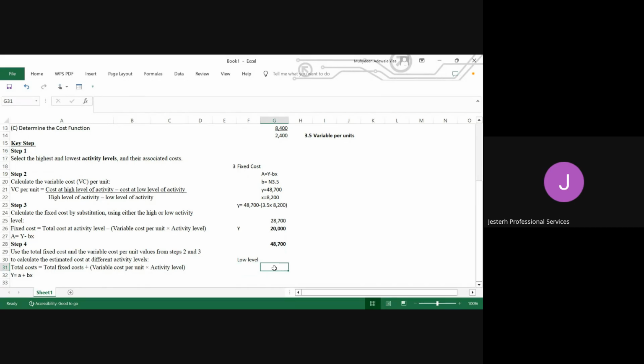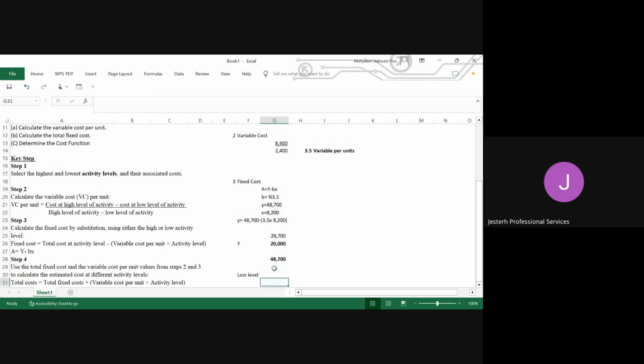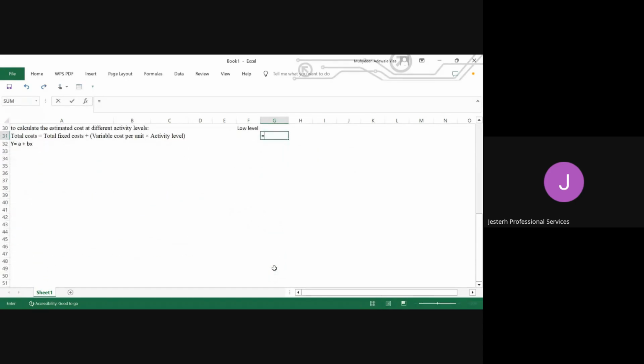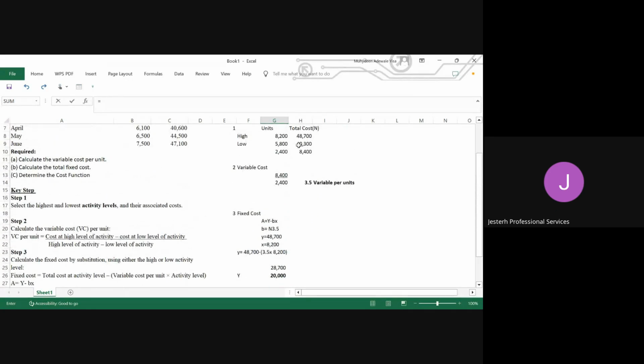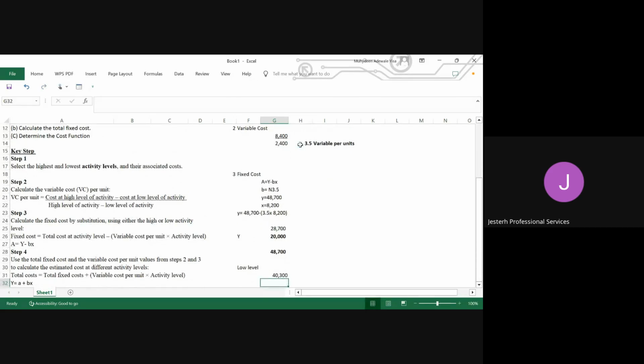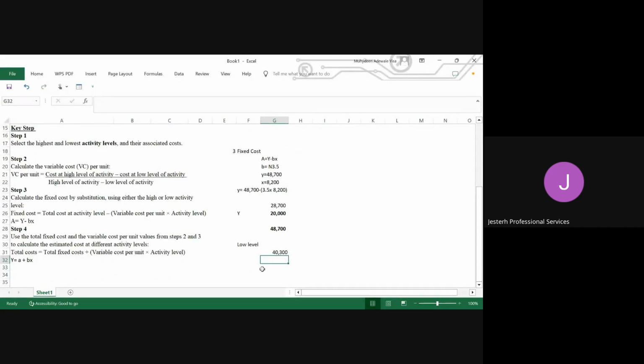Now, very simple, since we already know the format that we are using, we'll say the total cost is 40,300. Now, our variable cost per unit is 3 naira 50 kobo. Now we multiply it